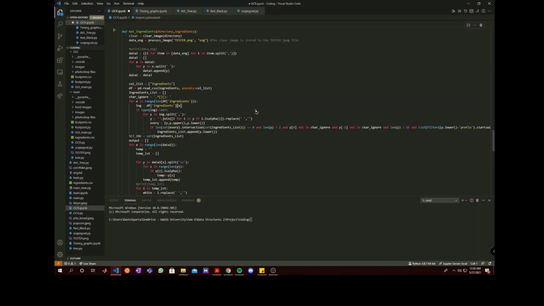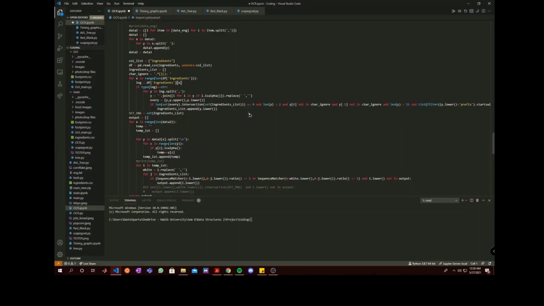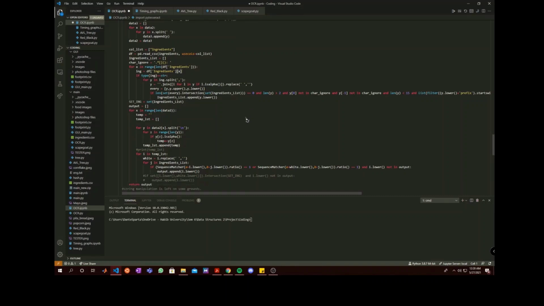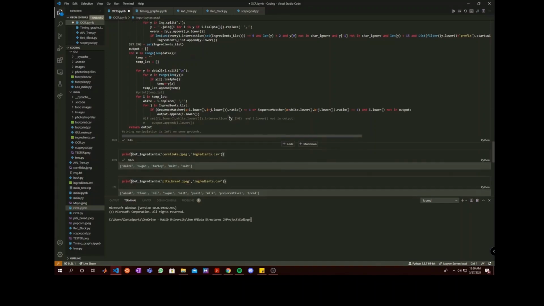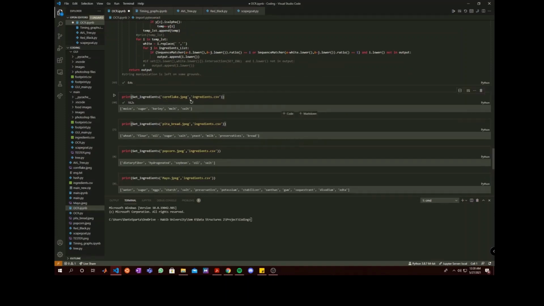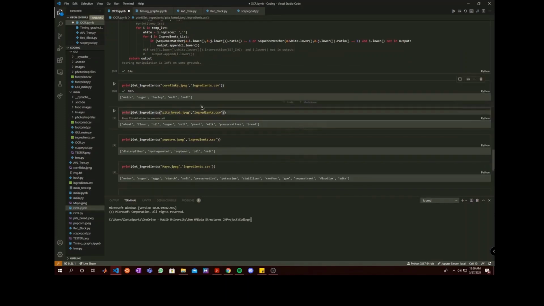So basically it matches if the string that is being retrieved from the OCR belongs to any of the food ingredients, then only it proceeds to append that particular string in the output list. And through that we were able to eliminate the unnecessary text in our OCR results. And as you can see, if we apply this function on cornflakes or pita bread, the images I have retrieved for my food products, we get a solidified result. And now Essen will be demonstrating our application and our front end demo.